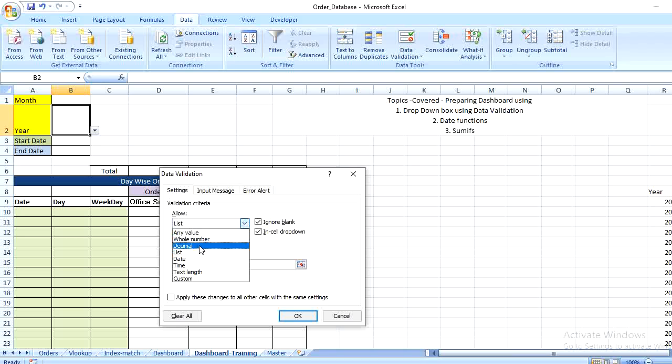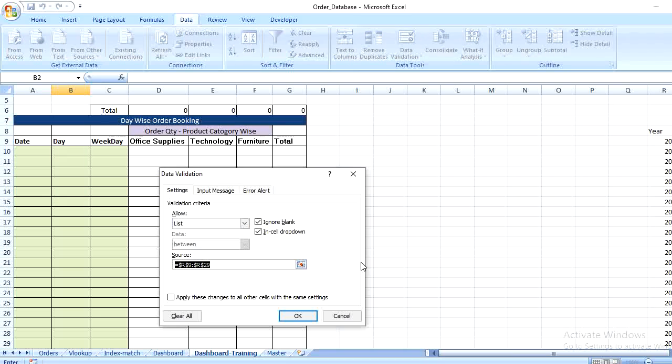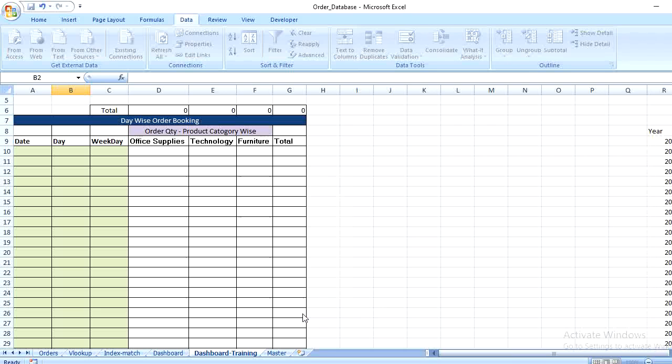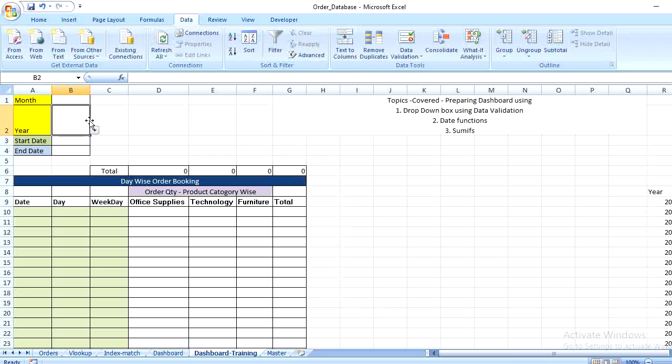In data validation we have many fields. I select a list and select the range of years. Now I'm getting a drop-down of month as well as a drop-down of year from the lists I have.